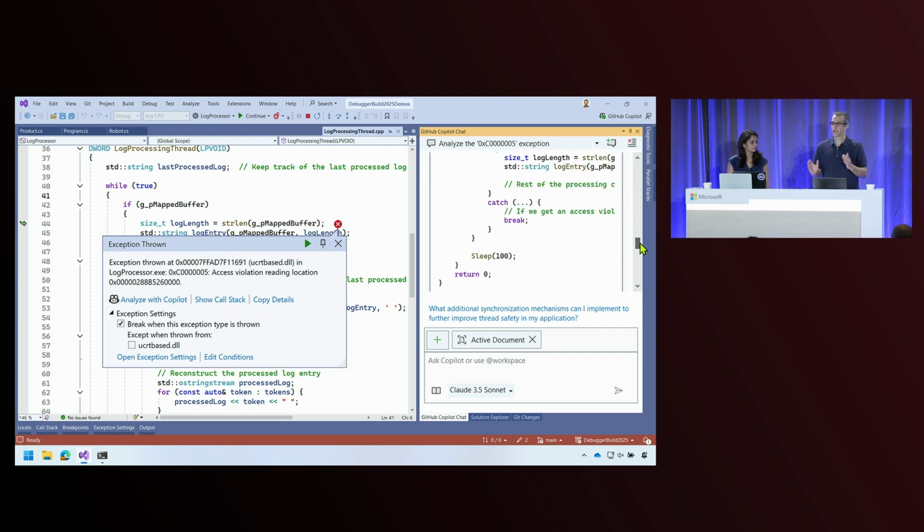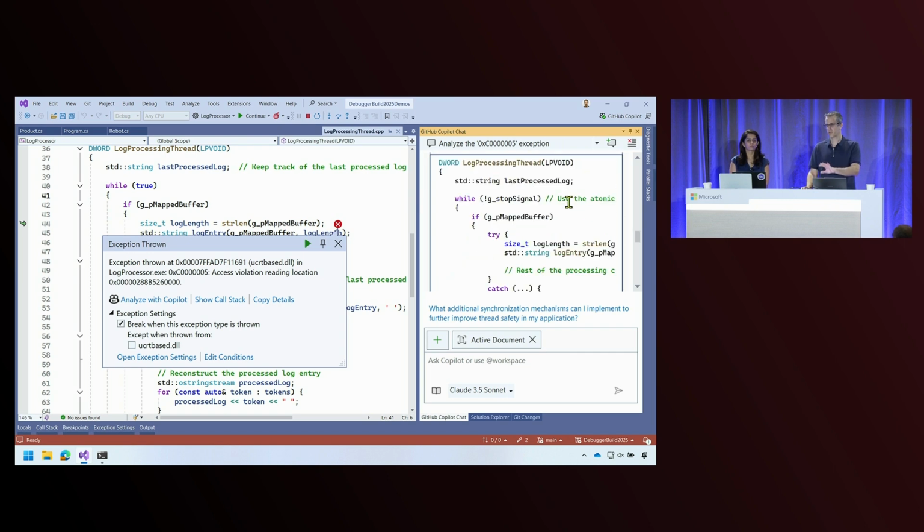All right, so I think the key point I wanted to make here is you will not get a one-shot answer or a fix right away in many cases, but you don't have to give up. This thread you have open here contains all the context, all the background, all the debug data behind it. So you need to keep chatting with the model and working through the problem. This is going to be the best chance for success instead of opening up a new thread and starting from scratch.